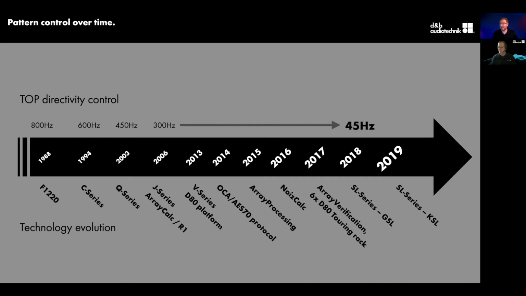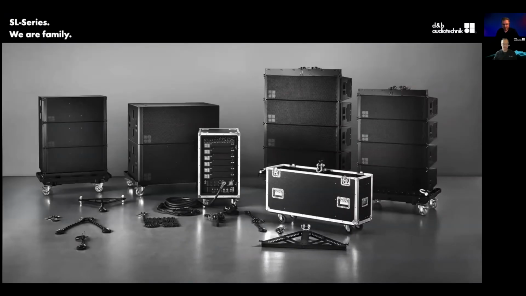Dave Thomas. So as Chris was talking about, there's all this talk of Germans being passionate about directivity, right? And so what's that last bit that we've been talking about? He was talking about the J series, our flagship line array product, having pattern control down to 250 hertz, which was amazing for that. But there's that last bit that we were trying to figure out as d&b: how can we do better? And so as that timeline showed, the SL series is that part that we're looking to talk about now. So it's a new family, it's a new series.